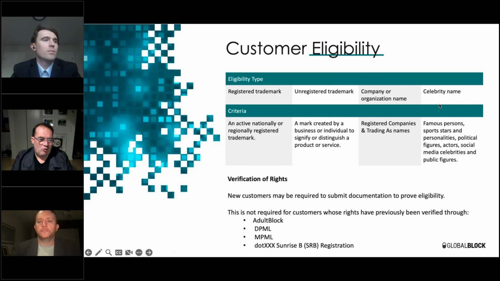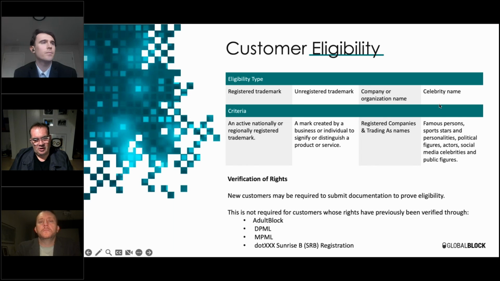For a company name or an organization name, we would require a certificate of incorporation or an excerpt from Companies House for the UK, or I'm not sure what the US alternative is, but we would need an extract from that registration database showing the company is registered, and then through the verification process, the third party would take some know your customer steps in order to approve that label